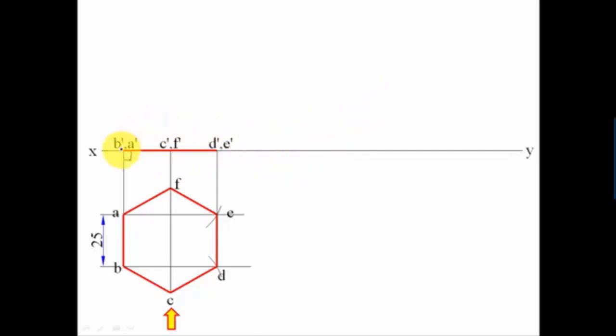Let me recreate this point, that is B dash comma A dash point over here. Something like this. Let me make a 45 degree line, and I'll try to recreate these points, C dash comma F dash over here, something of this sort. Let me show you. Again you can take the help of your compass. Keep one leg of your compass here, other leg over here. With this as the center, you need to cut an arc. That's going to be point D dash comma E dash.